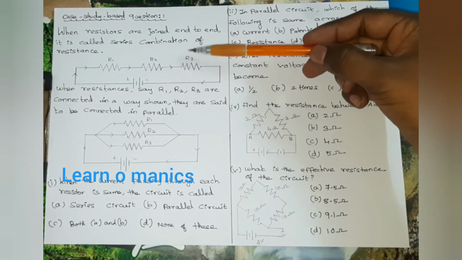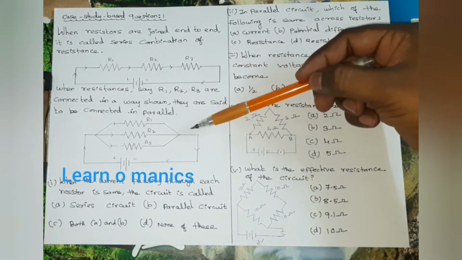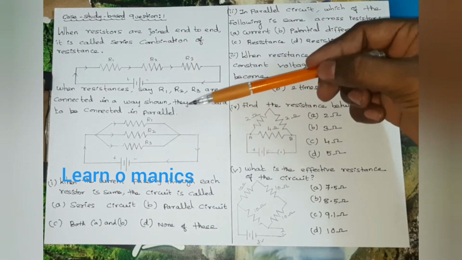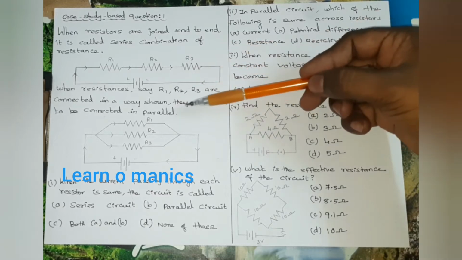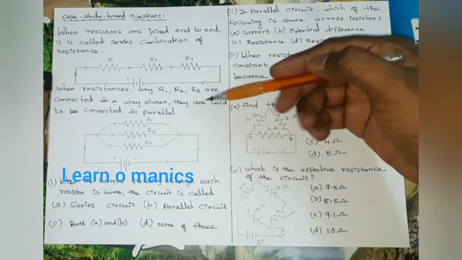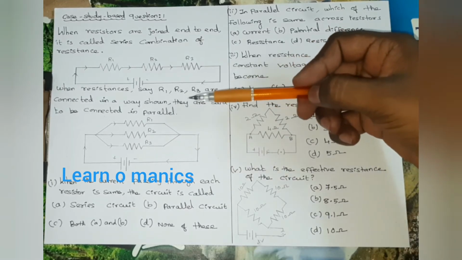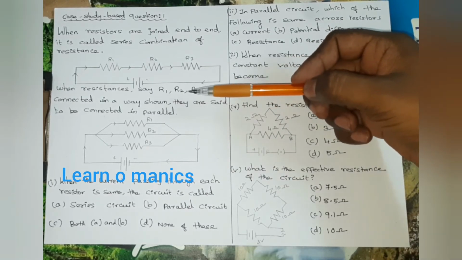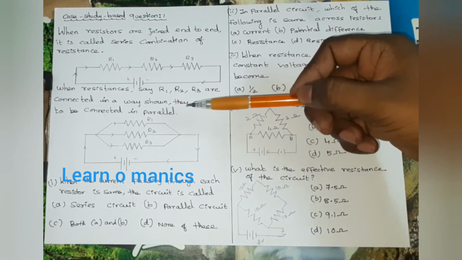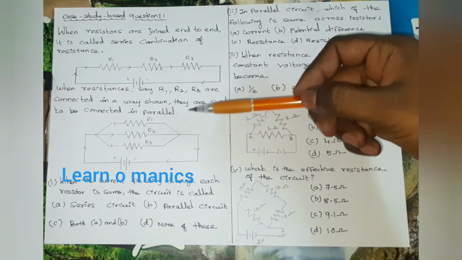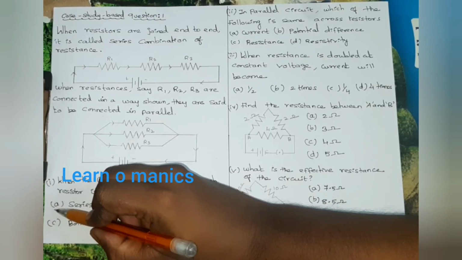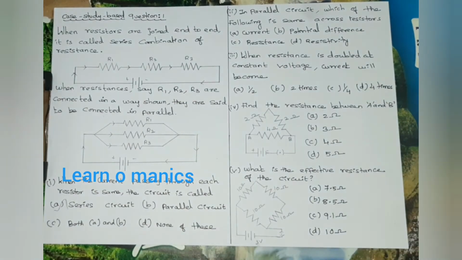While solving these case study-based questions, we need some prerequisite knowledge, and the given information will give us some clue to think of the prerequisite knowledge. When you have studied series and parallel circuits, you may remember that in a series circuit current will be the same, and in a parallel circuit the potential difference or else voltage will be the same, and also some formulas such as Rs equals R1 plus R2 and so on, and 1 by Rp equals 1 by R1 plus 1 by R2 and so on. Alright guys, based on that information, the first answer is option A, series circuit.